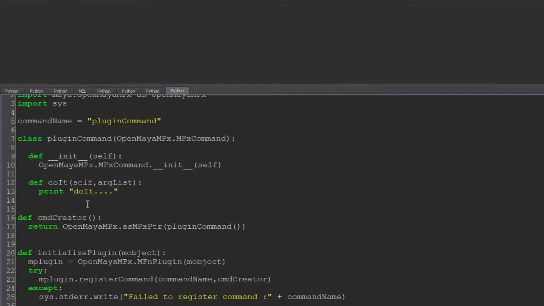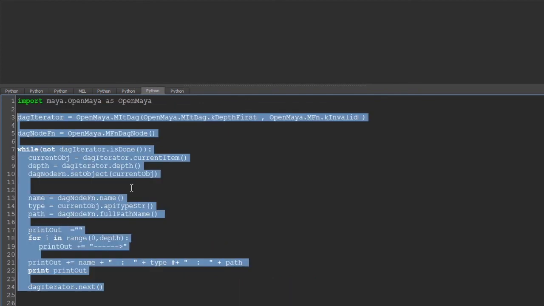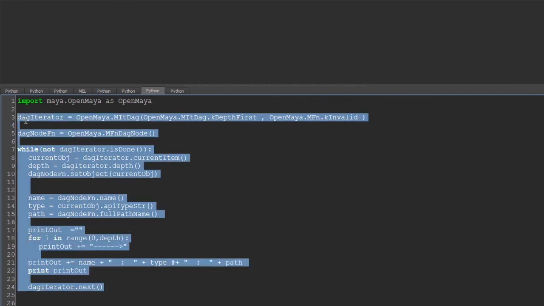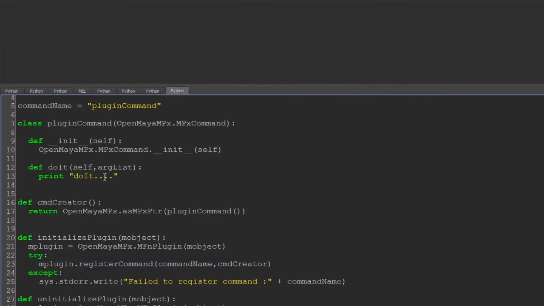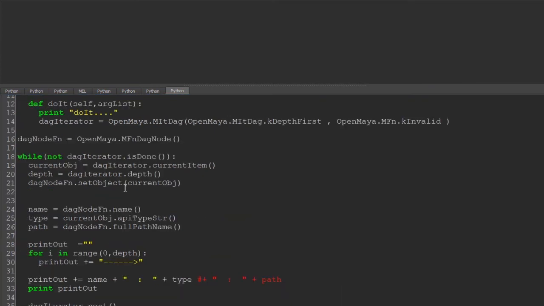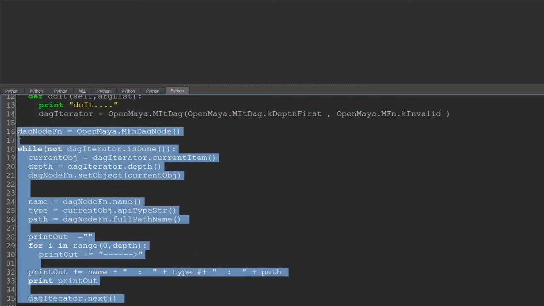And here we see that there is a doIt function which previously printed doIt, and now what we would do, we would copy the code which we just wrote for checking the Dag Iterator and paste it here in the doIt function. And I would do the proper indenting,